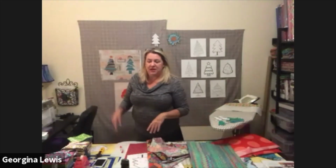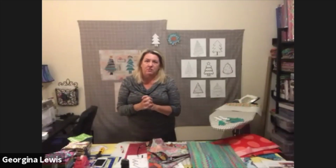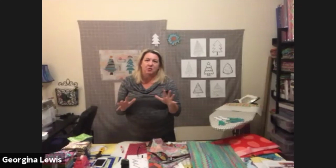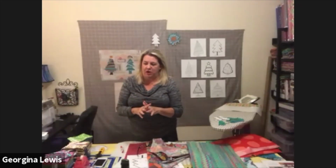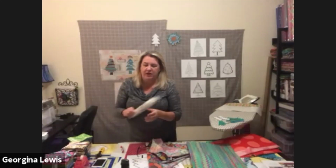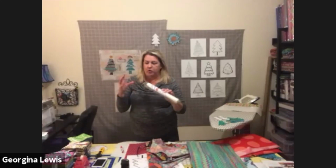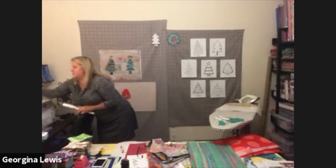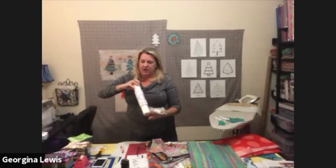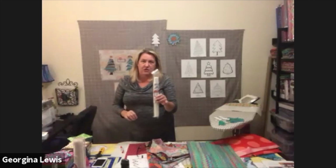Great stuff happening here in the Sew Along with Georgie Girl. We're going to be going over the Christmas tree celebration, and that's super easy on how to make Christmas trees with this new HotFix product. So most of you guys by now already have your HotFix product. You either got the 4-yard roll or the bigger 10-yard roll. I'll show you the 10-yard roll. Okay? This stuff is super easy to use,